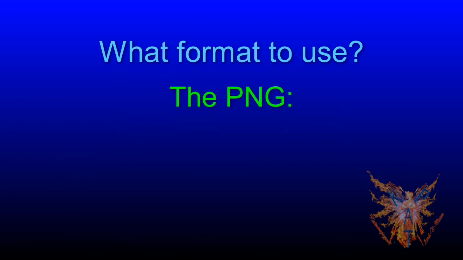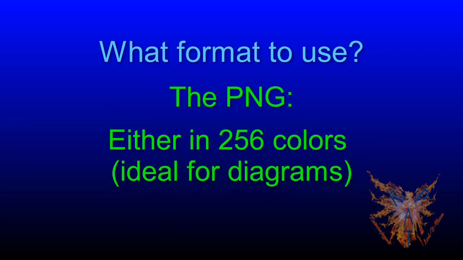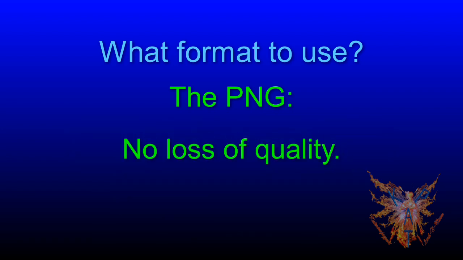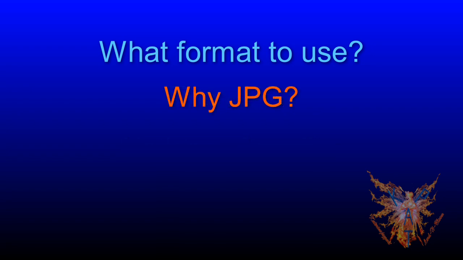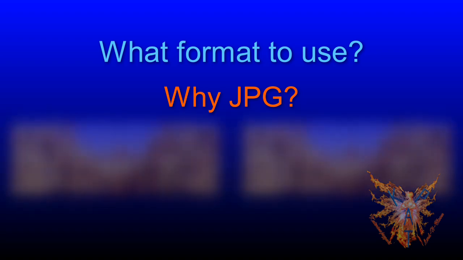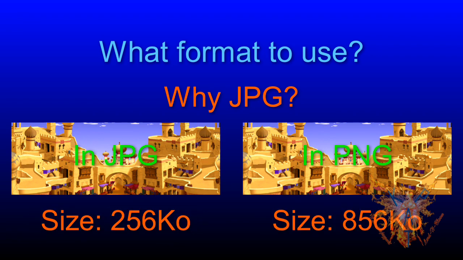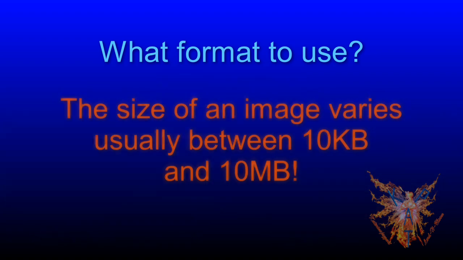Second, the PNG format. It exists in 2 variants, either in 256 colors, ideal for example for schemas, or, like JPG, in 16 million colors. The advantage of PNG is that it allows you to have transparency in an image, which JPG does not allow, and that there is no loss of quality. You are going to say to me, but then, madam, why not use the PNG for our photos instead of the JPG? Simply because, for the same image, the size of the JPG file will be much smaller than that